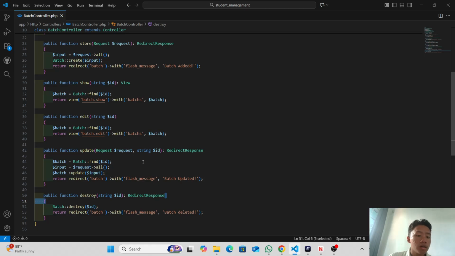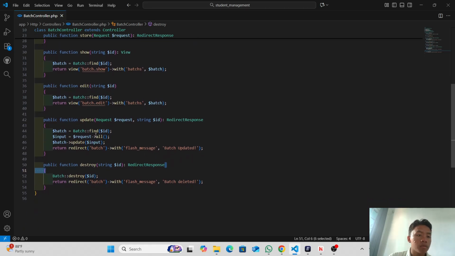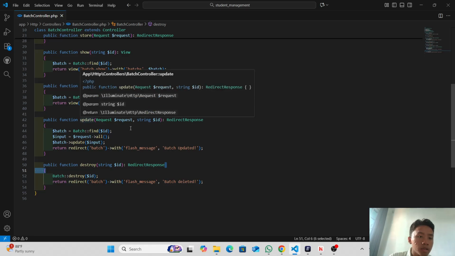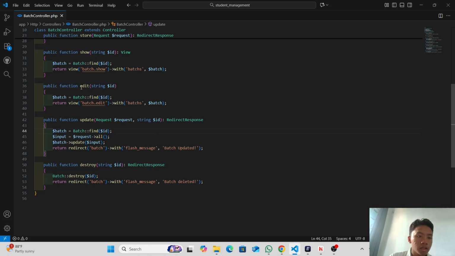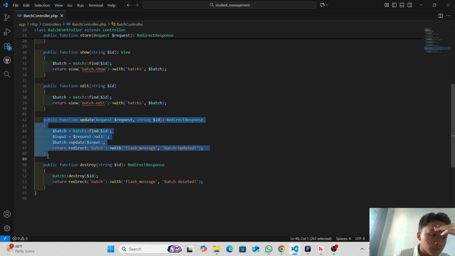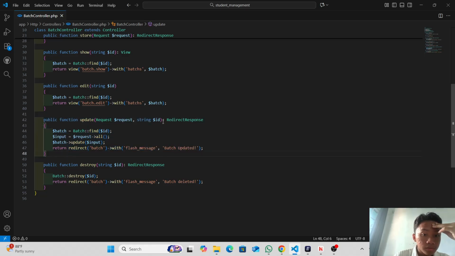The update function is for when there is a change in the database. After the edit logic, we are redirected to the edit page, but when you touch the save button, this logic will run and change the database. Destroy is for delete.